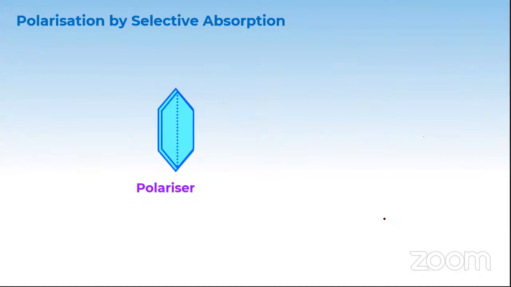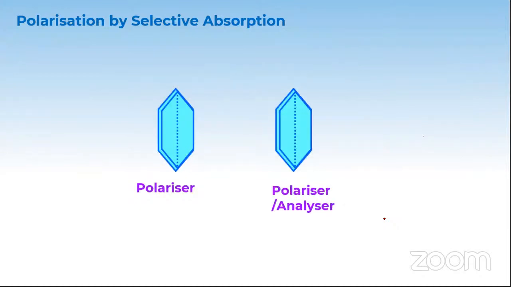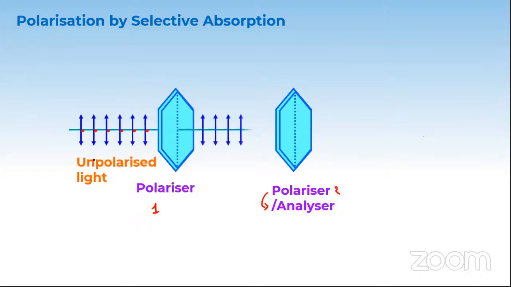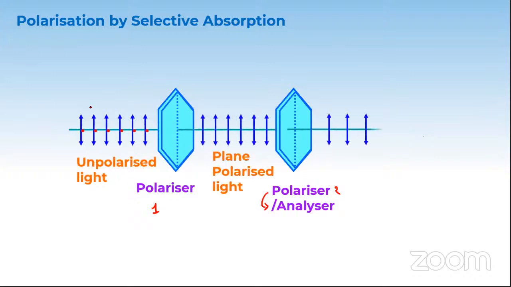Let us try to understand some problems and some basic concepts of this absorption polarization technique. Now instead of one polarizer, I have two polarizers, polarizer 1 and polarizer 2. As I already told you, a polarizer is also called an analyzer. I'm taking an unpolarized light. This polarizer will pass the light waves which are in exactly the same axis. They pass through this polarizer and come out. Other light is completely blocked.